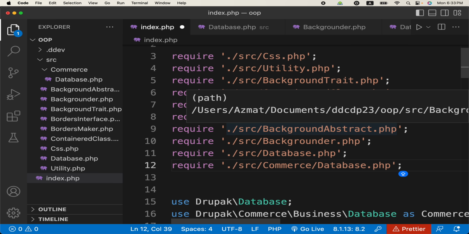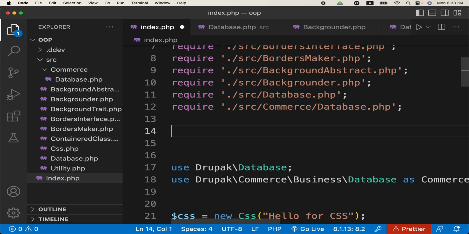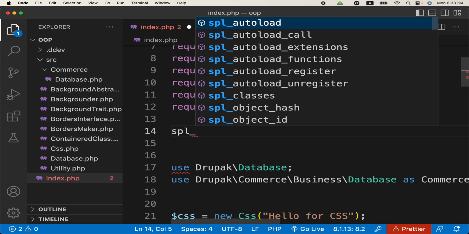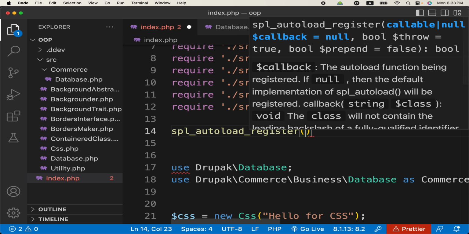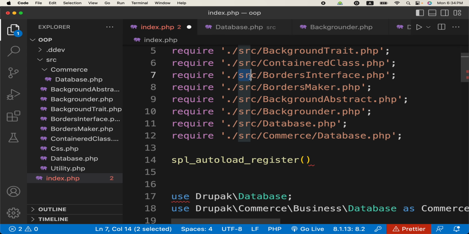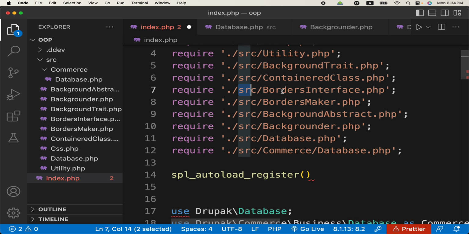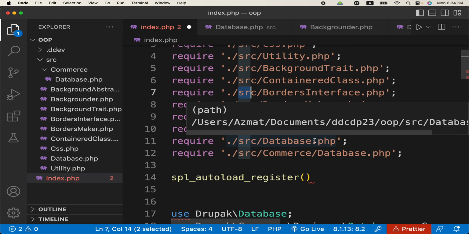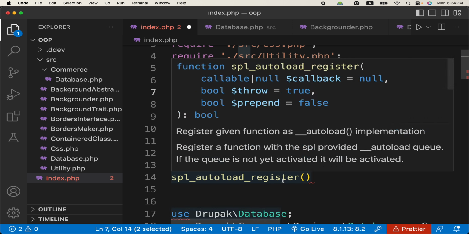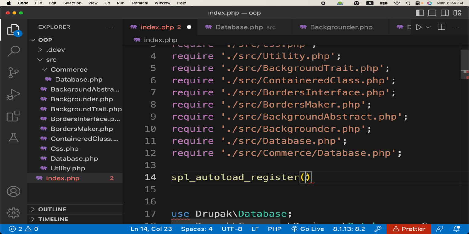So for very small projects, we can use something like spl_autoload_register, if all of our projects are in the same source directory like this. We have created an inner folder, but right now, just to let you know how this spl_autoload_register function works, this is for autoloading